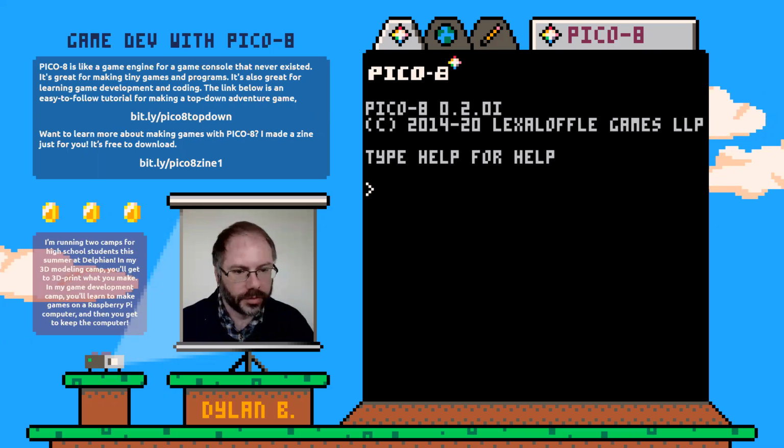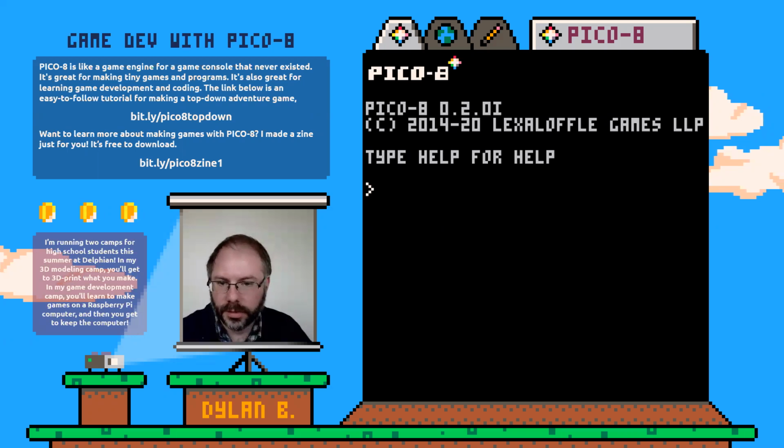I'm going to try to put on the screen here what it shows when you do that, just so that it's really clear.